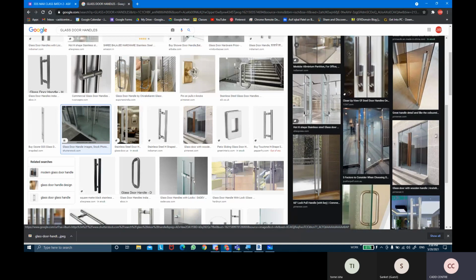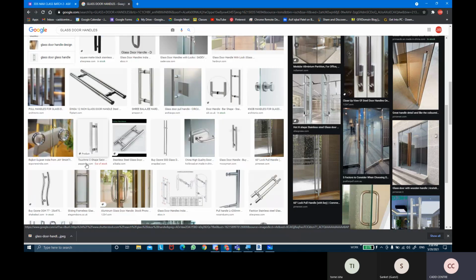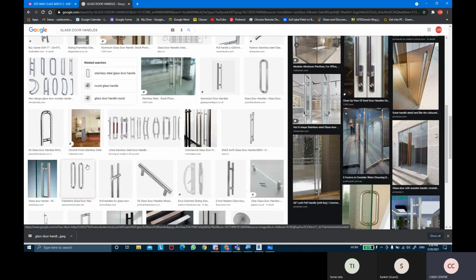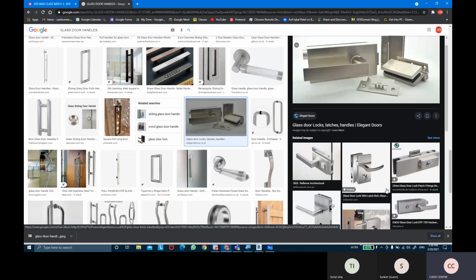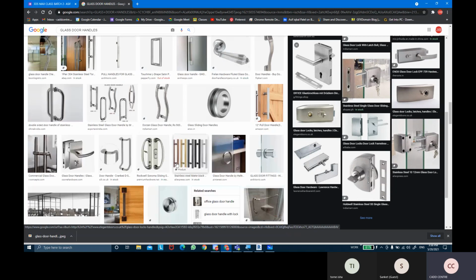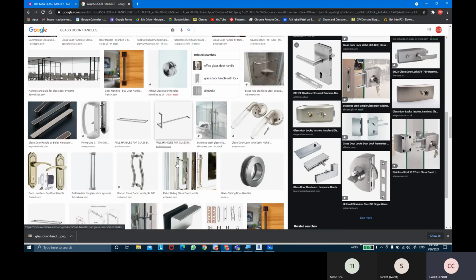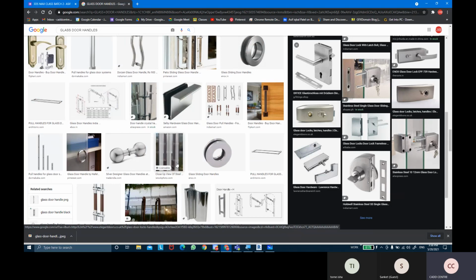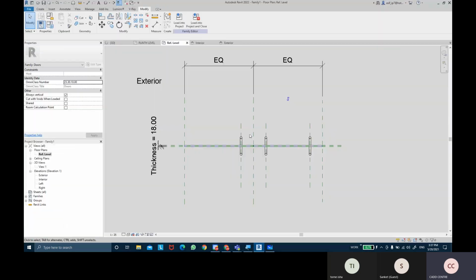So tomorrow we're going to create these locks and handles basically for the door. So handles have been created, only the locks and hinges need to be created. That's what we are supposed to do, and we'll see how we can create these types of hinges and locks, how we apply them on the door, and how we make that parametrically as well. So today we're going to keep it till here.